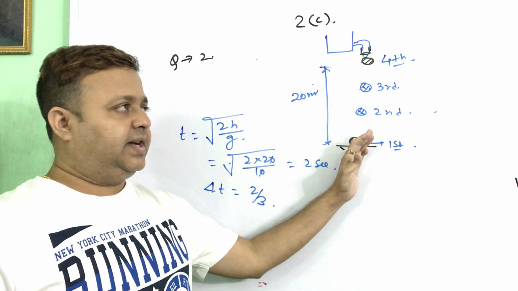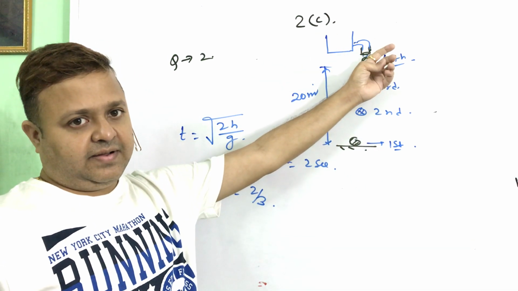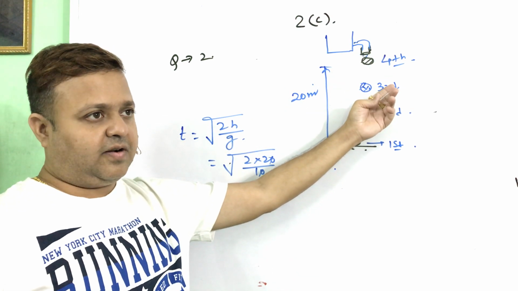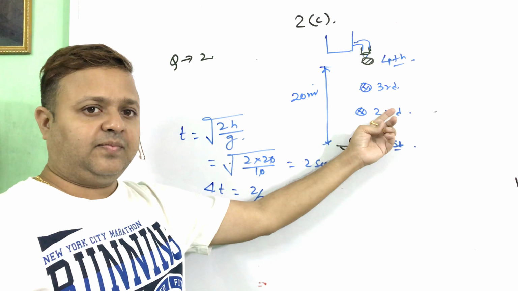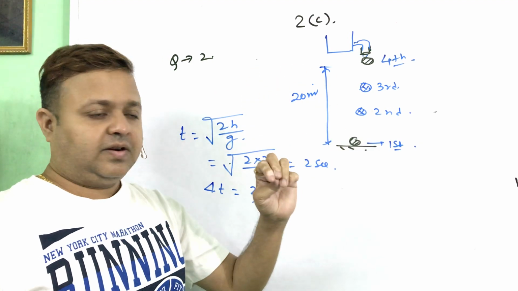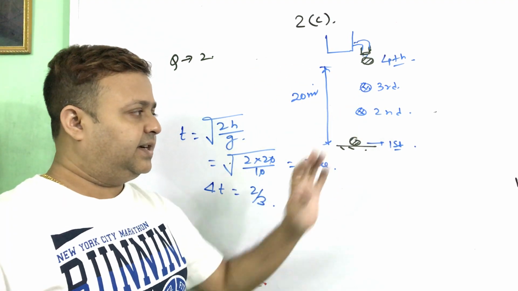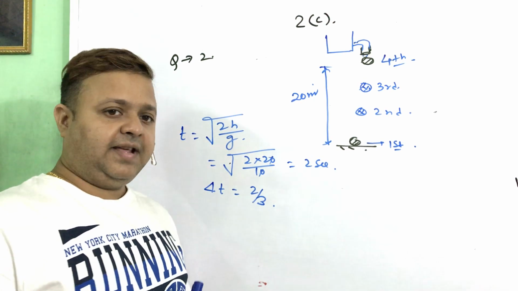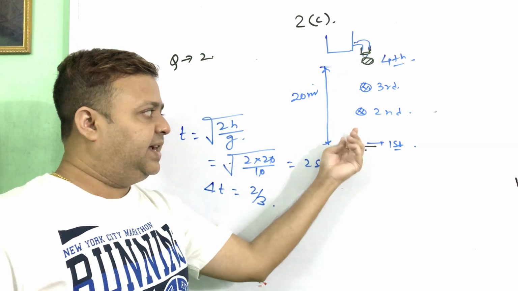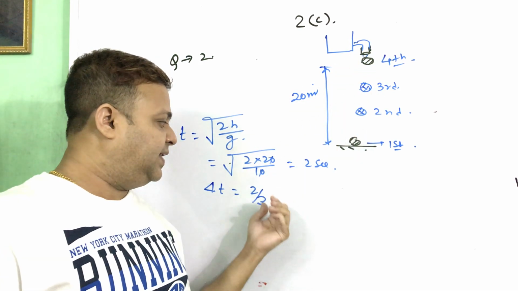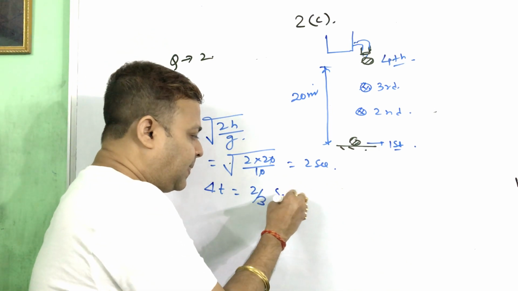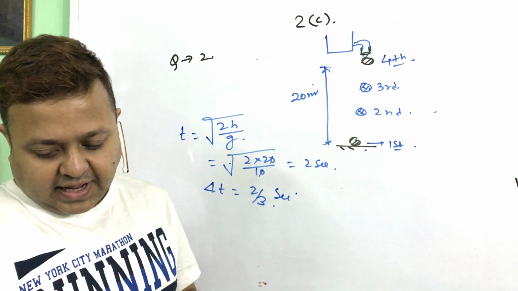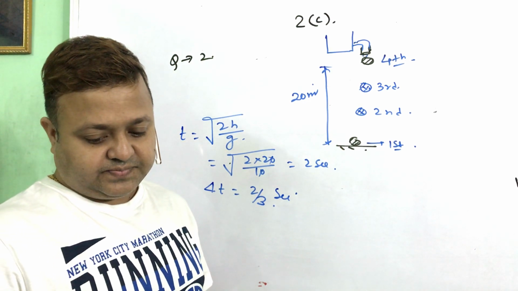First drop টা গ্রাউন্ডে হিট করে গেছে, fourth drop is leaving the leakage portion. তাহলে this is the position of the third drop, this is the position of the second drop. কতগুলো ড্রপ তুই দেখতে পাচ্ছিস? এখন তিনটে। So the time gap between two successive drops is 2 divided by 3, কারণ এটা তো অলরেডি 2 সেকেন্ড পরে হিট করে গেছে, বাকি প্রত্যেকটা টাইম গ্যাপ 2 by 3 সেকেন্ড. Then we have to find the height of the second drop from the ground.